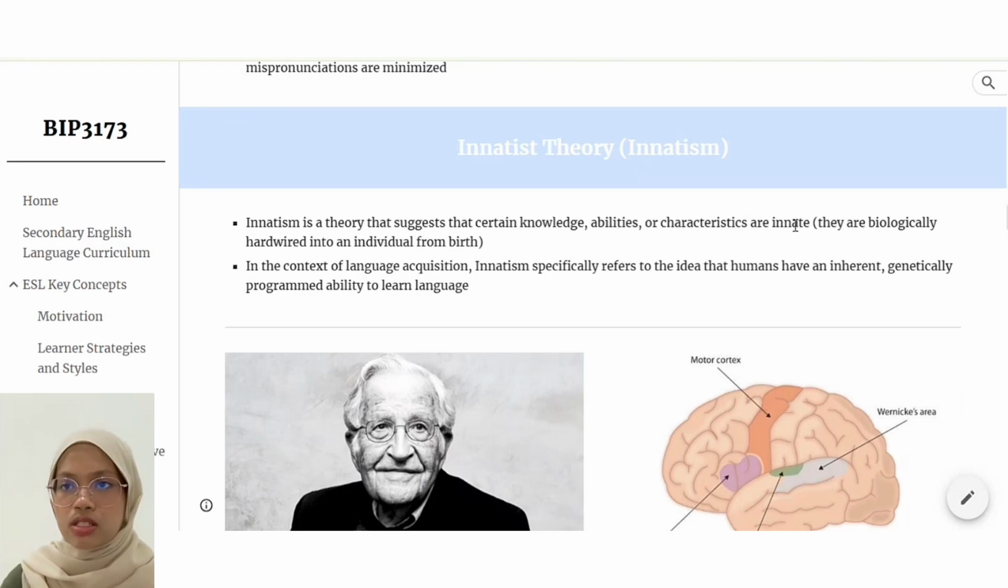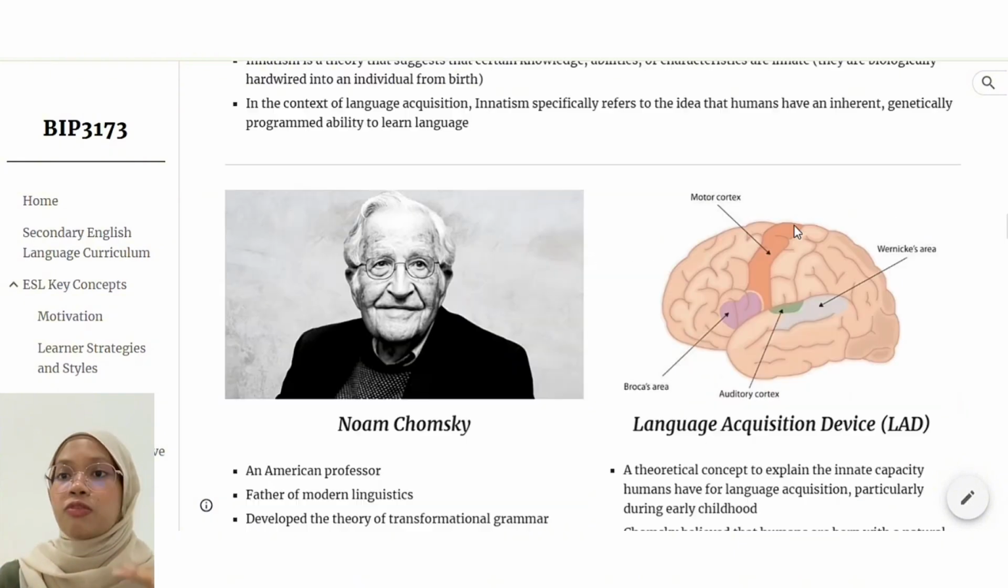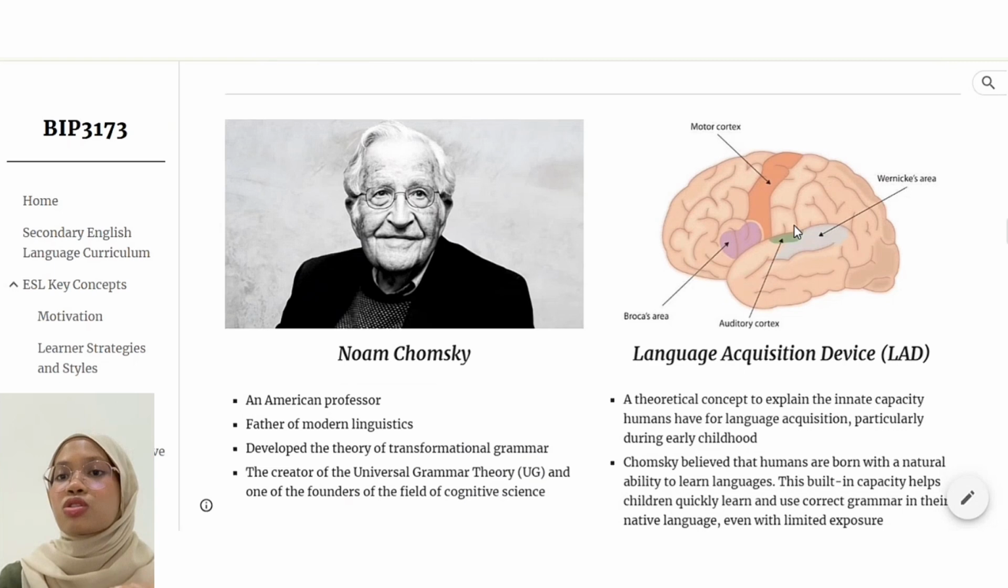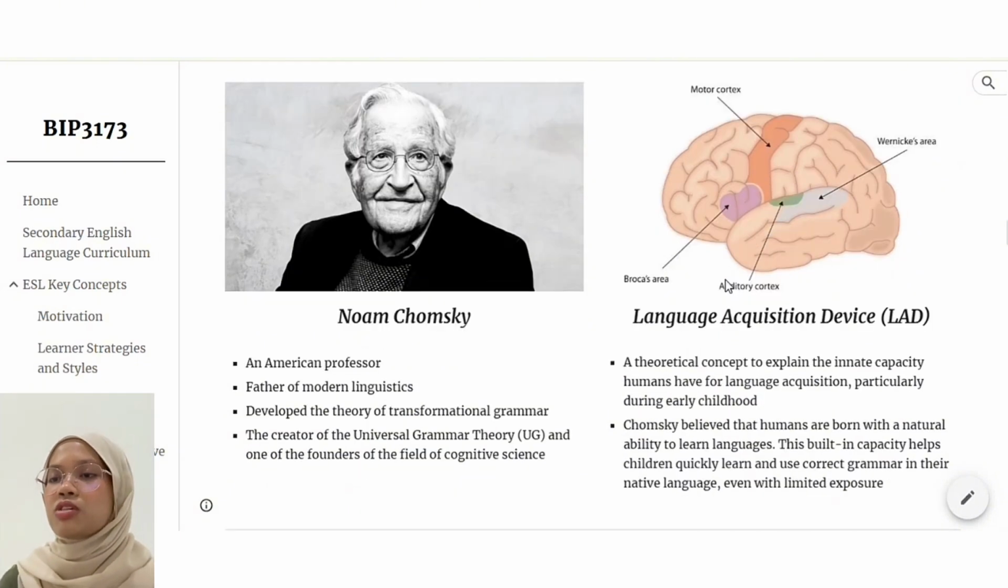In the context of language acquisition, innatism specifically refers to the idea that humans have an inherent, genetically pre-formed ability to learn language. The founder of innatism is Noam Chomsky, who is an American professor, who is also the father of modern linguistics and even developed the theory of transformational grammar. He is also the creator of the universal grammar theory and one of the founders of the field of cognitive science. He proposed the language acquisition device, which is a theoretical concept to explain the innate capacity humans have for language acquisition,